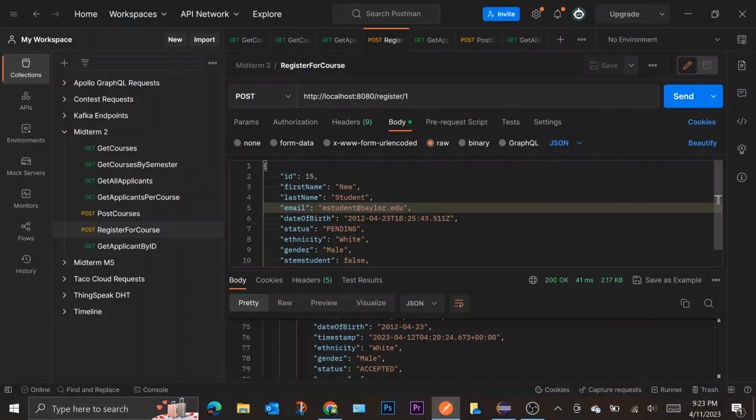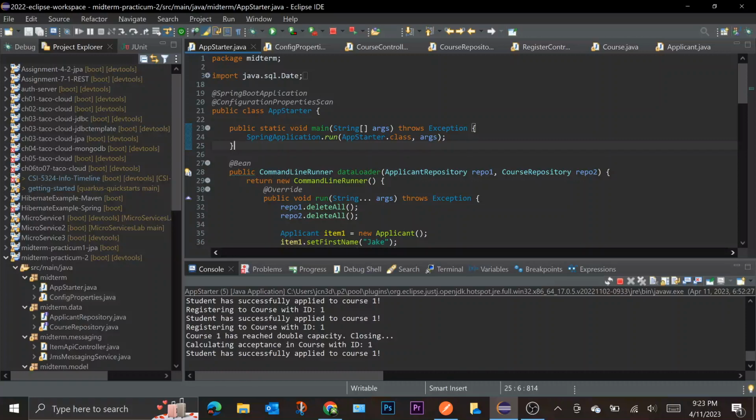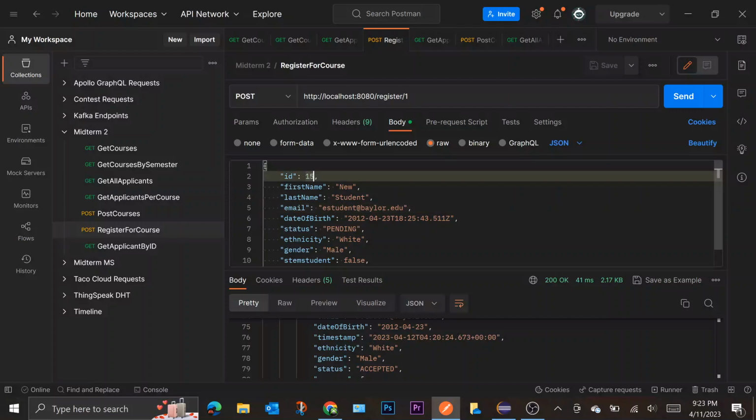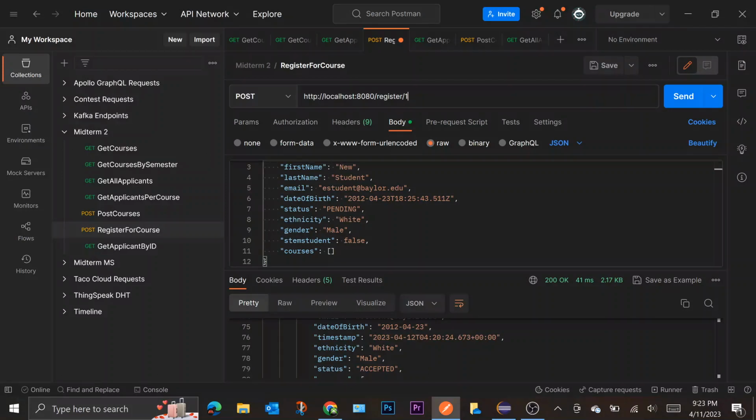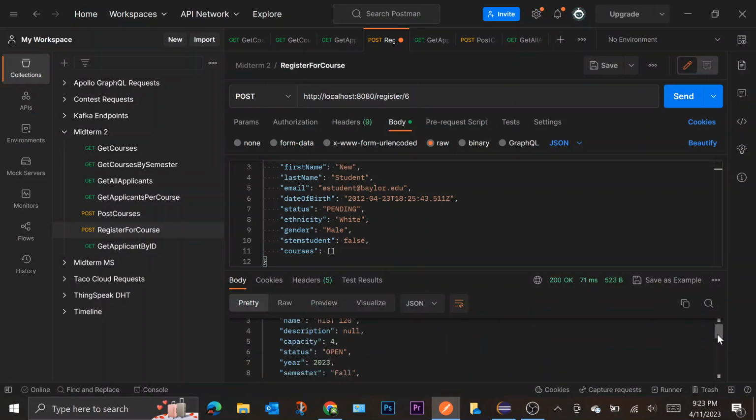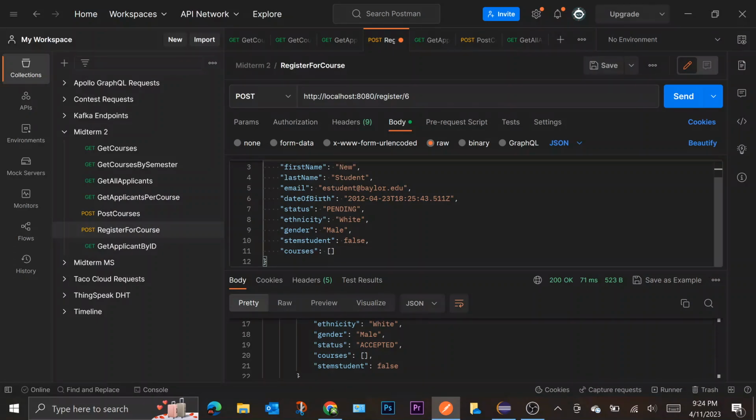Finally, we want to demonstrate quick one-time acceptance incentives. So I'm actually going to reset, quick reload the data here. And we'll demonstrate this by adding to course 6. When we make someone the first applicant in a course, even though we mark their status as pending, their status here is accepted because they are the early bird. And finally, if they are an underrepresented STEM student,